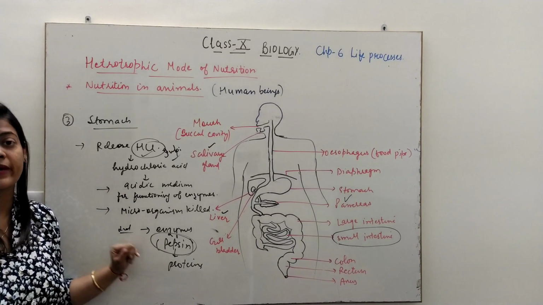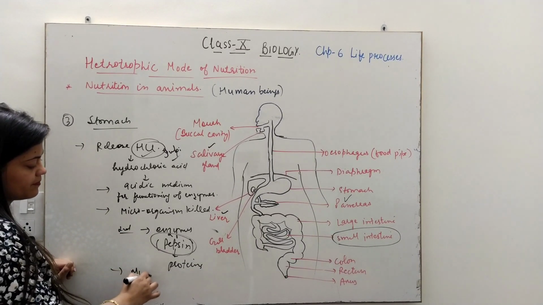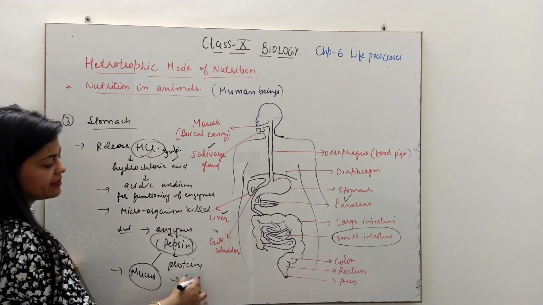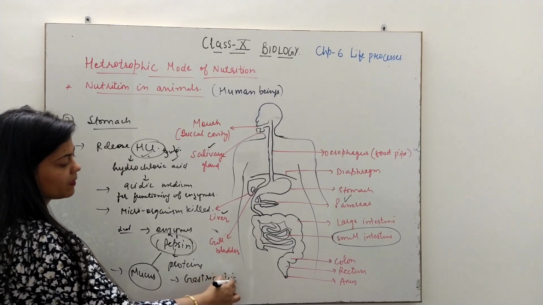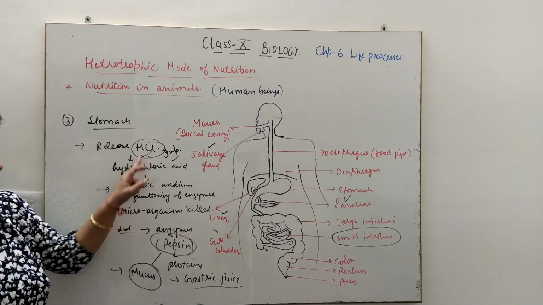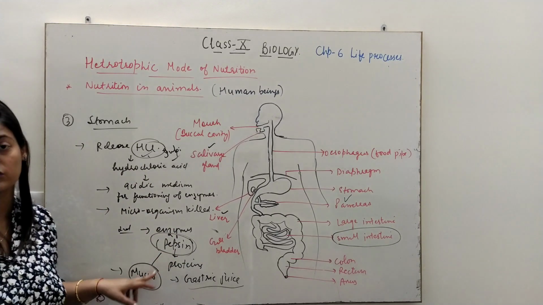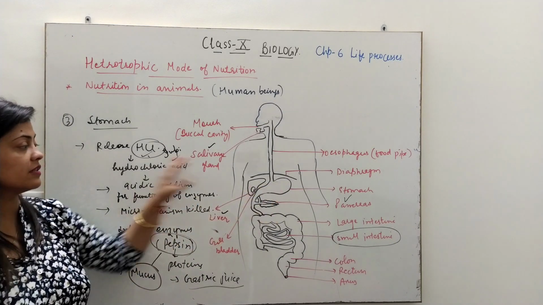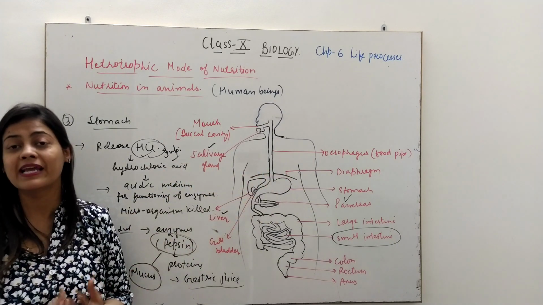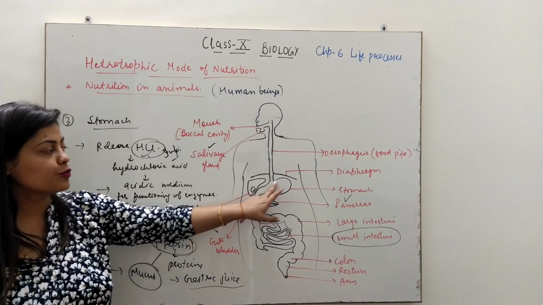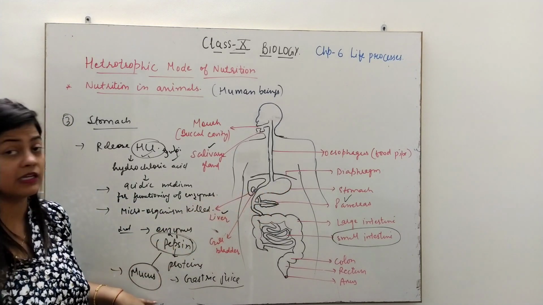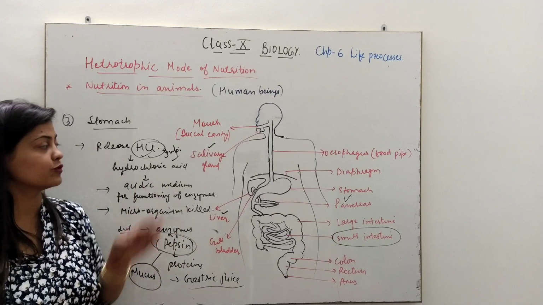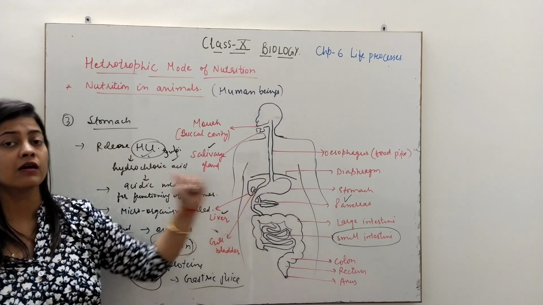One more thing which is secreted by stomach is mucus. So this HCl, pepsin and mucus, they together will be called as gastric juice. Clear? So gastric juice contains HCl, pepsin and mucus. Now what is the function of mucus? Mucus is actually a fluid substance which is released in the stomach, because there are such highly acidic conditions present in the stomach. So to protect the cells of the stomach itself, there should be release of mucus, which will cover the layer of the cells so that HCl cannot directly harm the cells of the stomach itself.